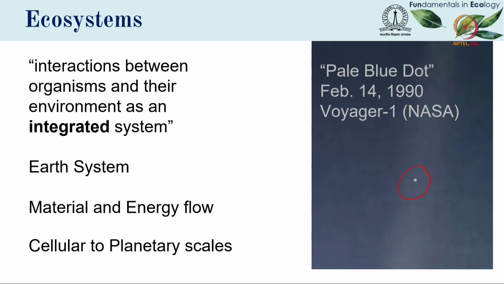So this Earth system provides us with the template within which to understand how ecosystems work and how biogeochemical cycles operate. These are mostly related to the cycling of materials and the flow of energy from one compartment to the other, and the processes that happen at the cellular scale, which is single-celled organisms or even a single cell inside a multicellular organism. These processes can be aggregated together all the way to the planetary scale. So ecosystems and biogeochemistry span across many different scales in which they operate.